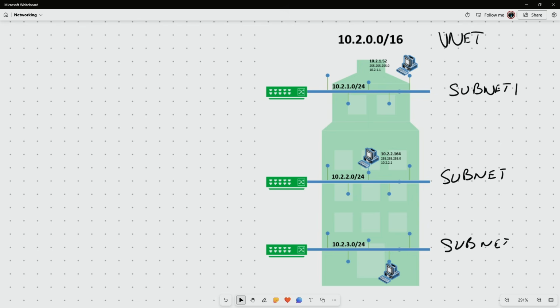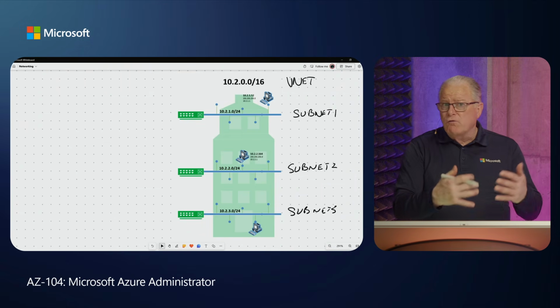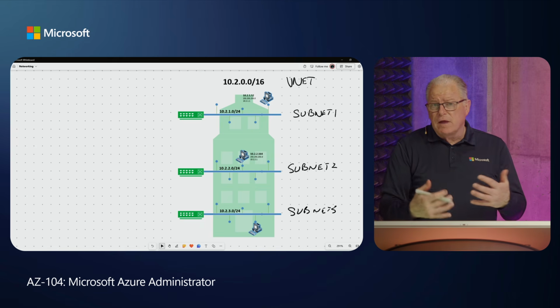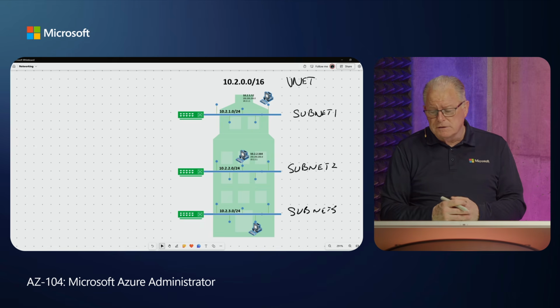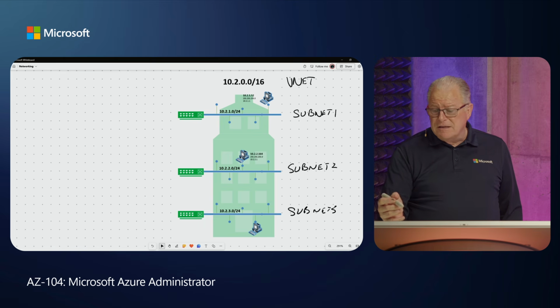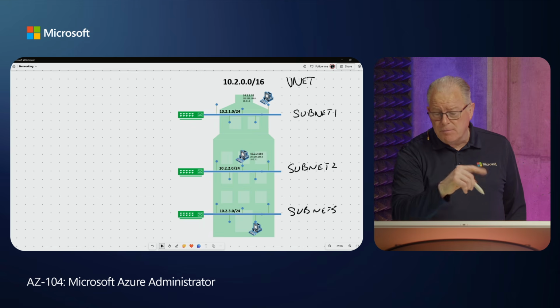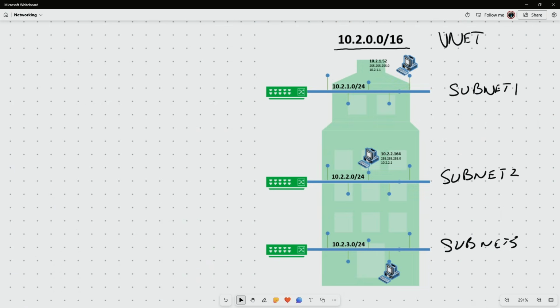I'll call this subnet 1, 2, and 3. I could call it front end, business tier, middle tier for that three-tiered architecture that we've referred to in other portions of these recordings. Now what I could do is define the subnet from the address space of the VNet. So you'll see these terms come up when I do the demonstration. This is the address space of the VNet, and then for the subnet it has to have a name. And then it has to have the address space. And it could be some or all of the portion of the VNet's address space. And here, I'm going to make it